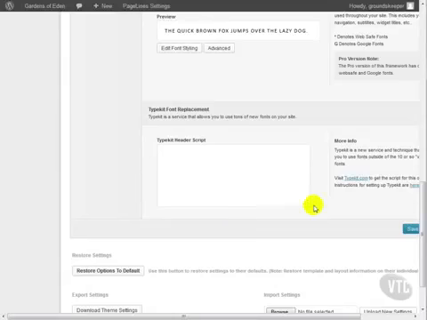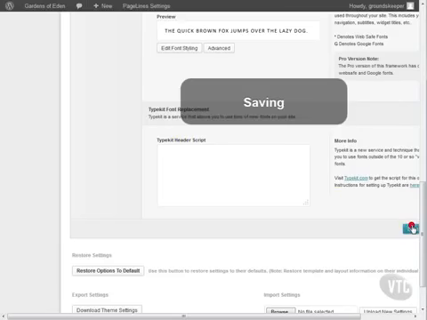If we use Typekit, we could put any font from Typekit we wanted here. We could use the Typekit script that it gives us, and that would allow us to use any font that is available on Typekit, which has thousands and thousands of fonts for us to use. However, we're not too concerned with that, so we'll just save our settings and move on